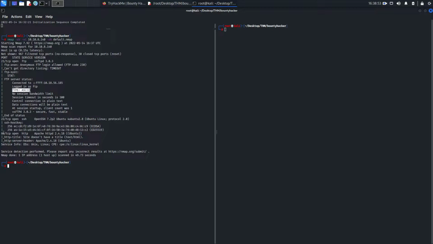The type is ASCII, connected to the IPv6 and IPv4. Timeout is 300 seconds, and the control connection is plain text. Data connection will be plain text. At session startup, client count was 1. Secure, fast, stable. Okay. The second port which is open on that target machine is port number 22, default for